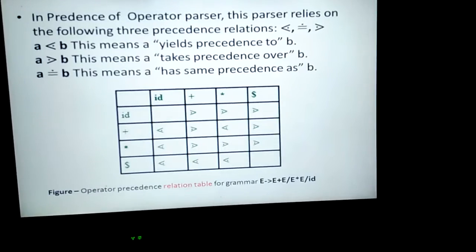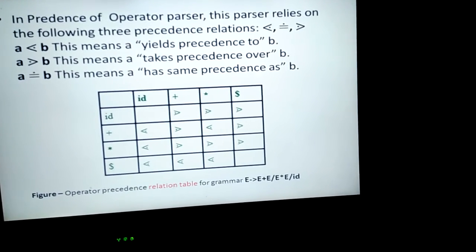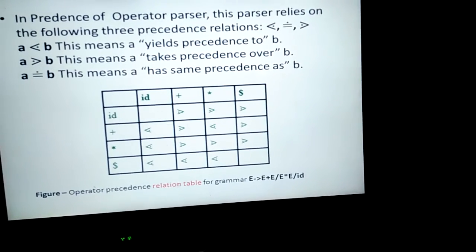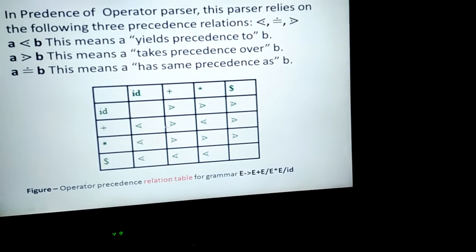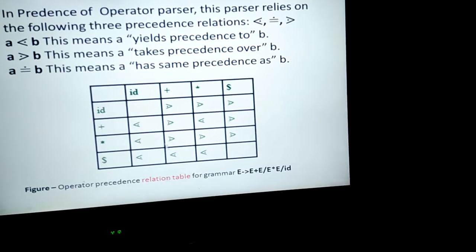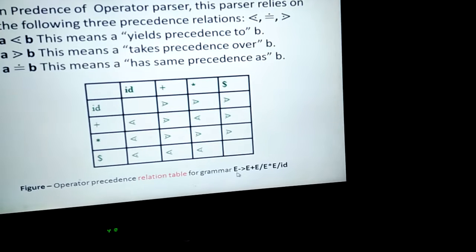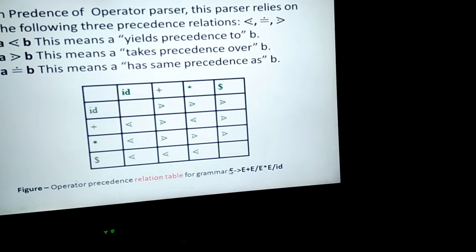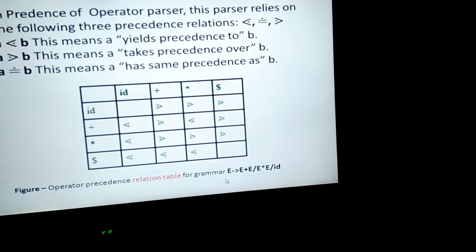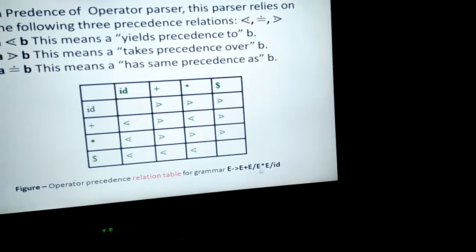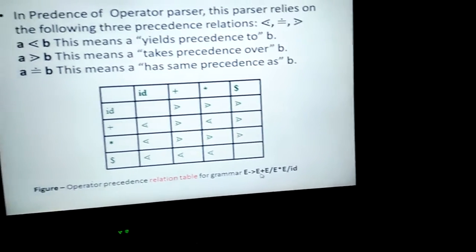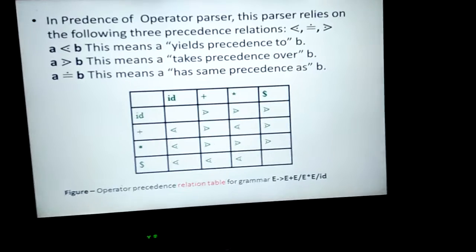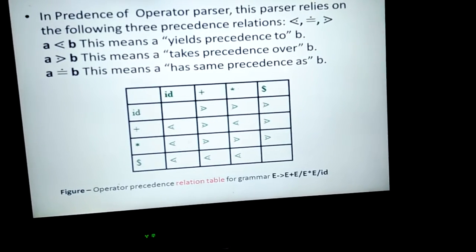The operator precedence parser uses the relation table. Before going to this relation table, what it is and how such a relation table can be constructed using the grammar, as we have seen in the first slide. I was taking the first example, like E yields three combinations of productions. The first is the addition, the second is the multiplication, and the third production